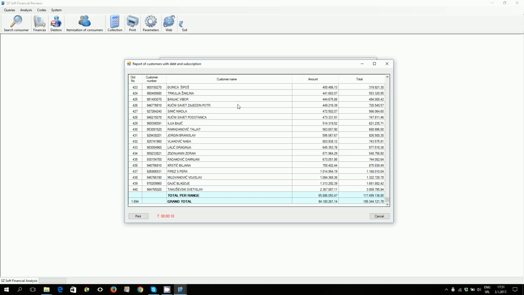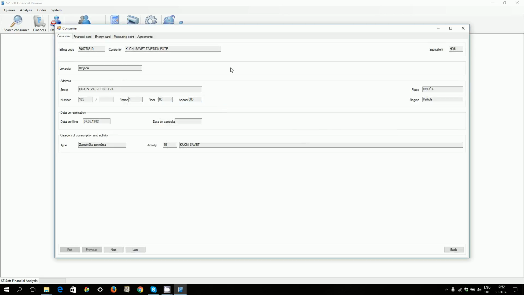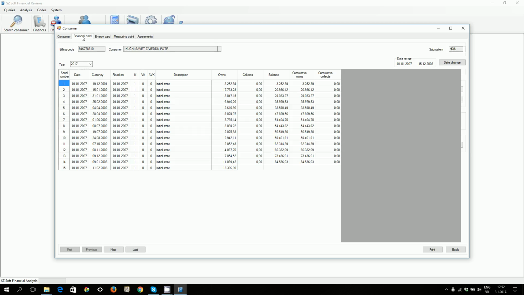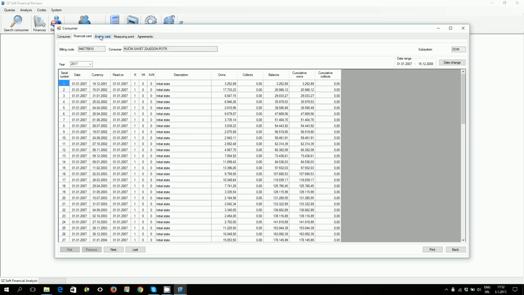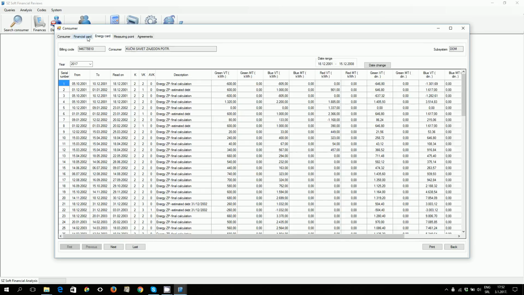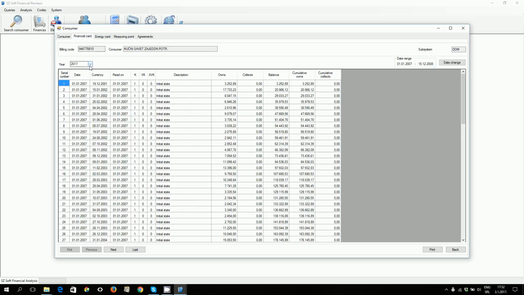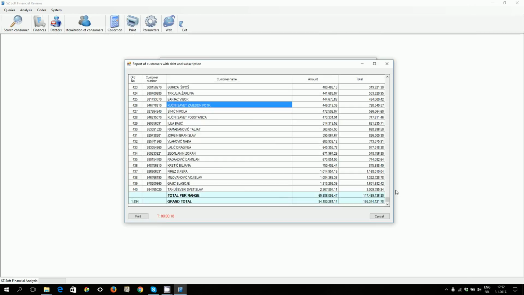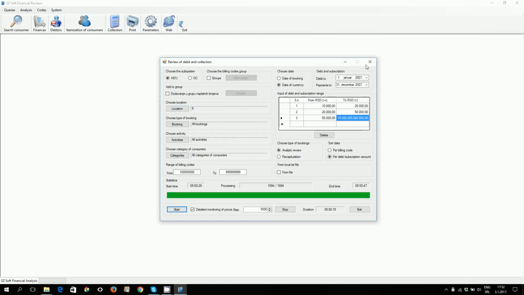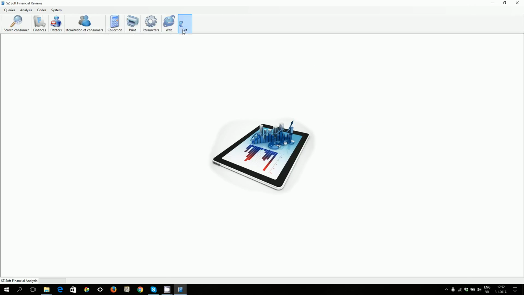So for example, we're going to choose this one. By double clicking, we can see the financial and energy card of the consumers. It is important to enter the year 2007 in the following menu, since that is the year we have the data for. With the exit button, you exit the entire